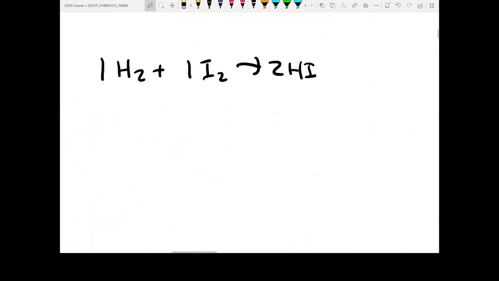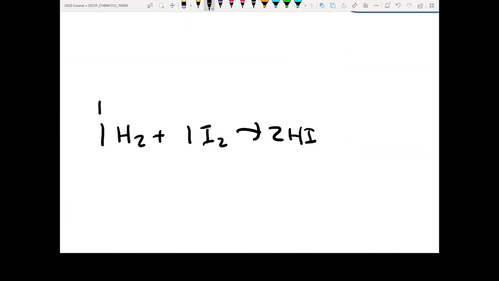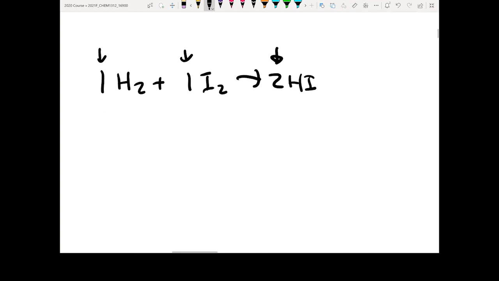So that's the equation we have. For each species, there's actually a stoichiometry number associated with it, right? For the H2 and I2, you have a coefficient of 1, but for your HI, you have a coefficient of 2, right? So we define the reaction rate as equal to the disappearance rate of your reactant divided by its coefficient. Because it's 1, even though I write this, it's equivalent to just this, right?